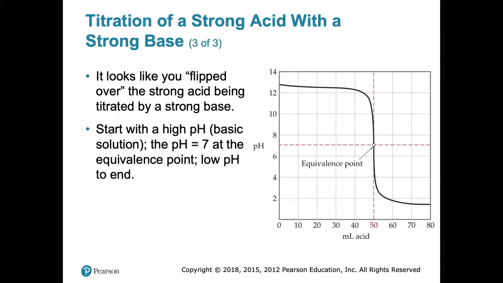And so that's why you actually need a partner for this lab, because one of you will be doing the titration part with the burette. We're going 1 mil at a time. And then when you get close to the equivalence point, you're going to do 0.4 mils or a quarter of a mil at a time. And the whole time that you're letting 1 mil down and closing, your partner is going to be writing down the pH that's on the pH meter. So that's why you need two people to do this experiment.